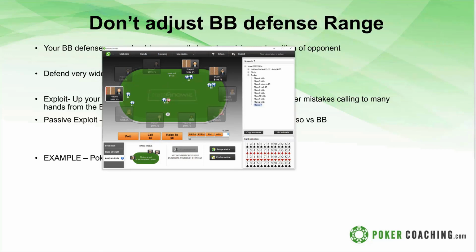So, great question from Taylor on the multi-way defense. And the multi-way defense there, that's another big mistake that people are making. But there's not a lot you can do about it. It's a passive exploit. You're just gaining a lot more EV, because when this player calls too wide, he's losing money. It just gets split between these two players, and mostly to player 7 because he has the stronger range. So this player is just going to be getting more EV out of this pot.